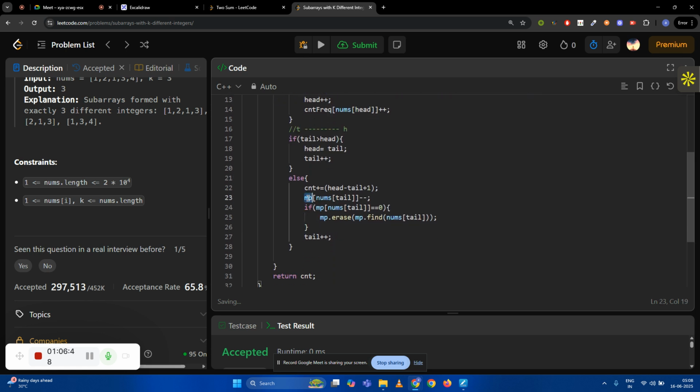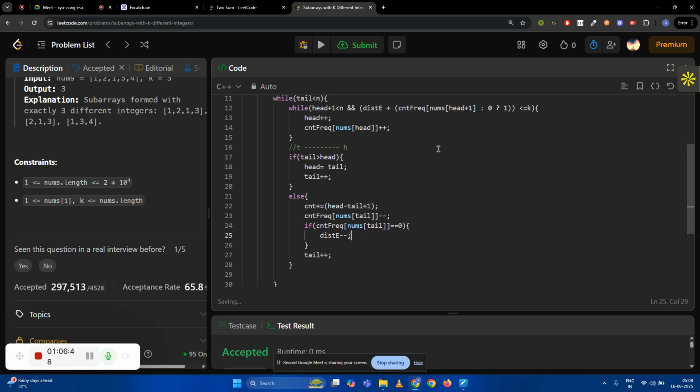यहाँ पे एक हल्का सा डिफरेंट होगा। So I would do, अगर उस एलिमेंट का फ्रीक्वेंसी जीरो हो जाए, I would decrease my distinct element here. Did you get my point? समझ में आया कि अगर उस एलिमेंट का फ्रीक्वेंसी जीरो हो गया रिमूव करने के बाद, तो मैं डिस्टिंक्ट एलिमेंट से एक कम कर दूंगा।